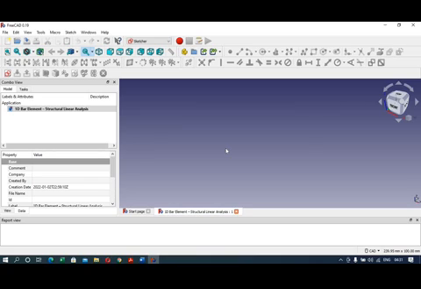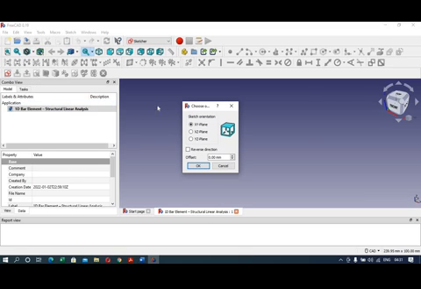First we will create the sketch of the bar. Here from the drop down menu I have selected the Sketcher option. You can click on this button, create a new sketch, which is available on the left hand side. Here in the lower right corner you can see the coordinate axes, x axis, y axis and z axis direction.